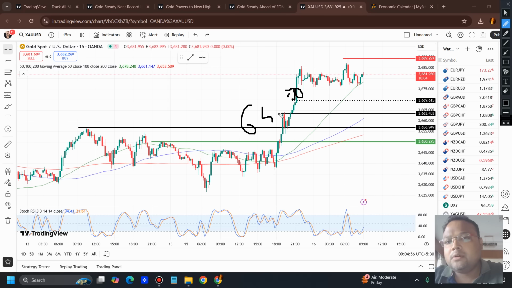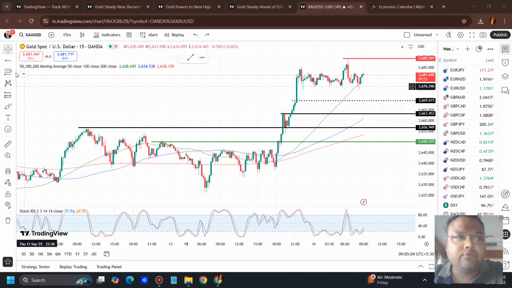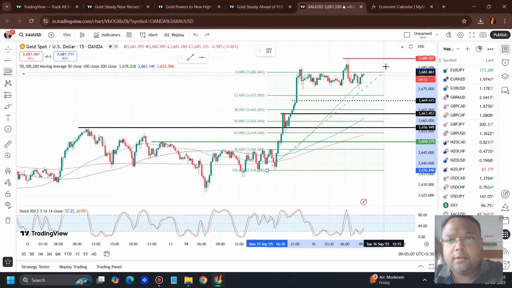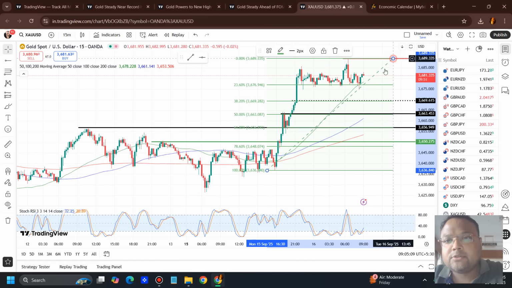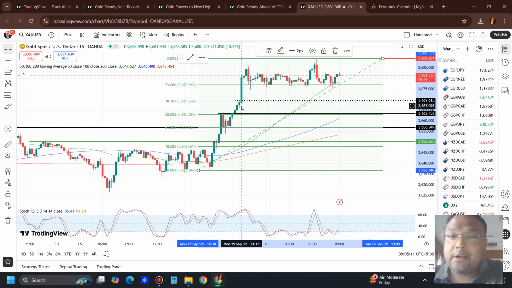Why we can look for support? 64, you can see we have the same logic, a small resistance that will be working as support here. And 6970, because in the morning I was drawing Fibo like this, and I found that we have Fibo 38.2% retracement around the 6970 area. So listen to me carefully.